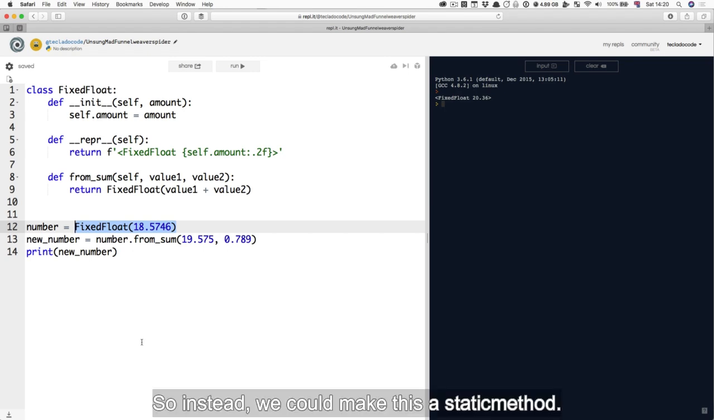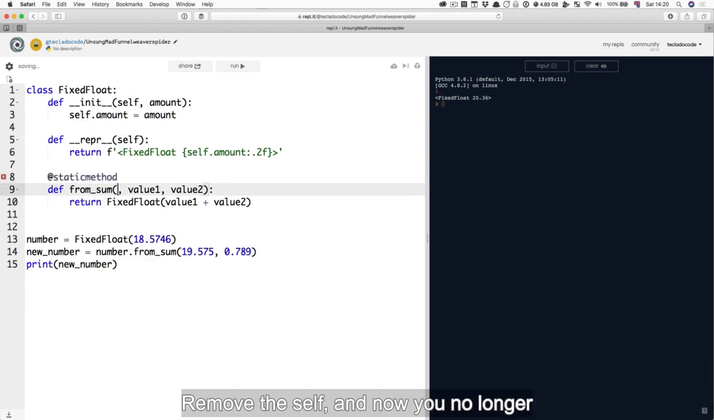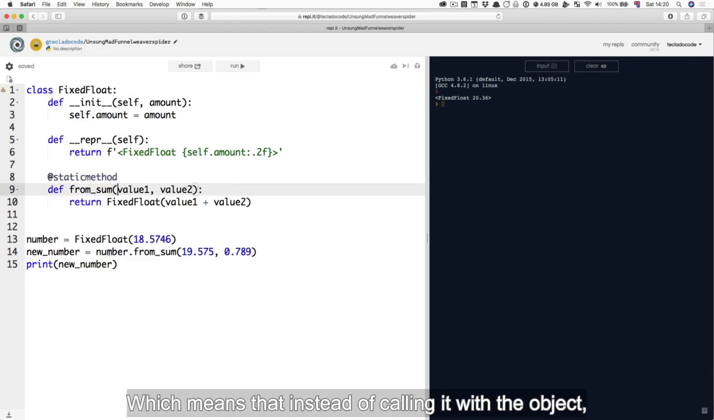So instead, we could make this a static method. Remove the self, and now you no longer need the object there, which means that instead of calling it